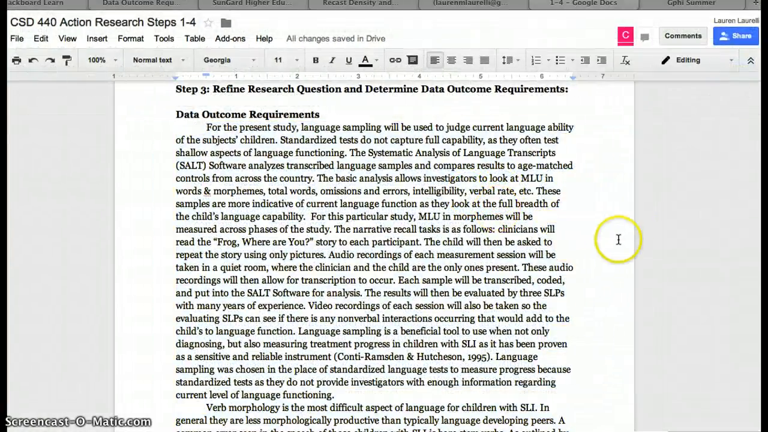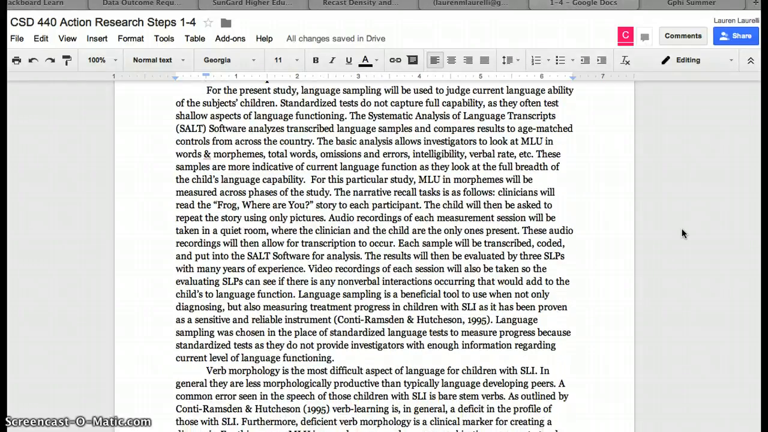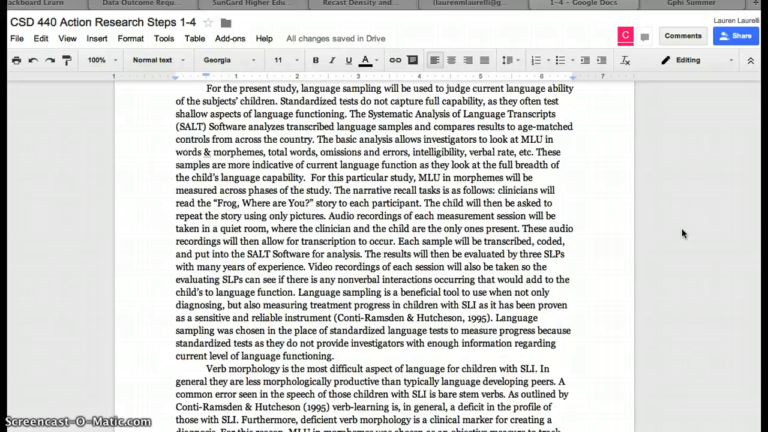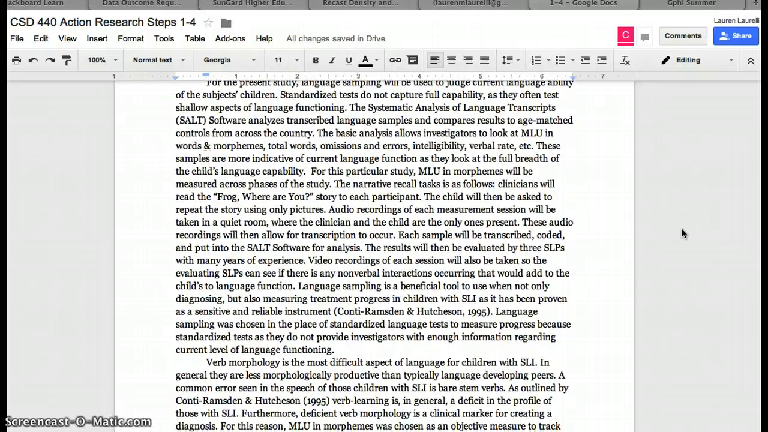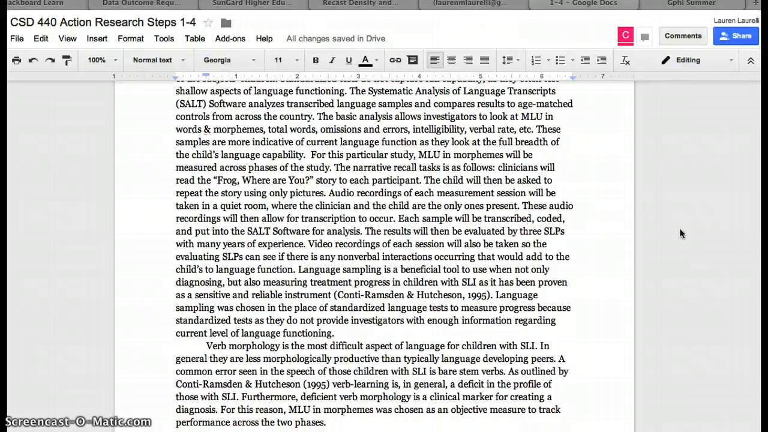Data outcome requirements. For the present study, language sampling will be used to judge current language ability of the subject's children. Standardized tests do not fully capture capability as they often test shallow aspects of language functioning. The systematic analysis of language transcripts software analyzes transcribed language samples and compares results to age-matched controls from across the